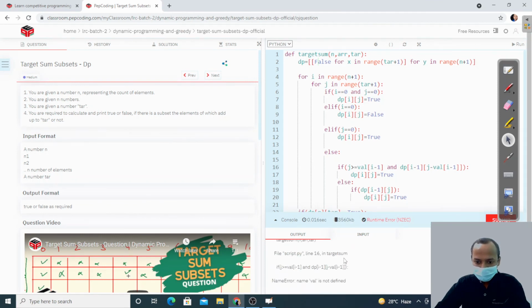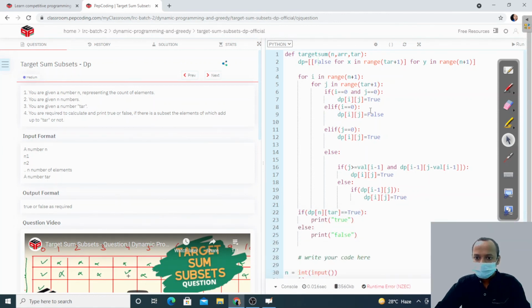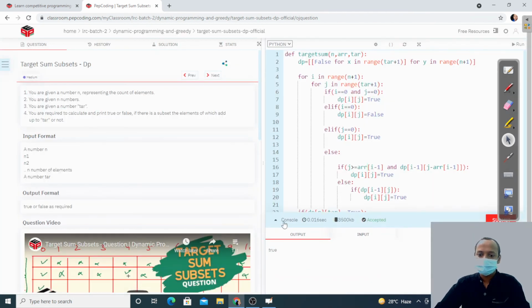Again error. Let's see. Name val is not defined. Oh, sorry. We get the array now. This is not value, this is array. So this is also array, right? We get the value at array i minus 1. Then run this again.